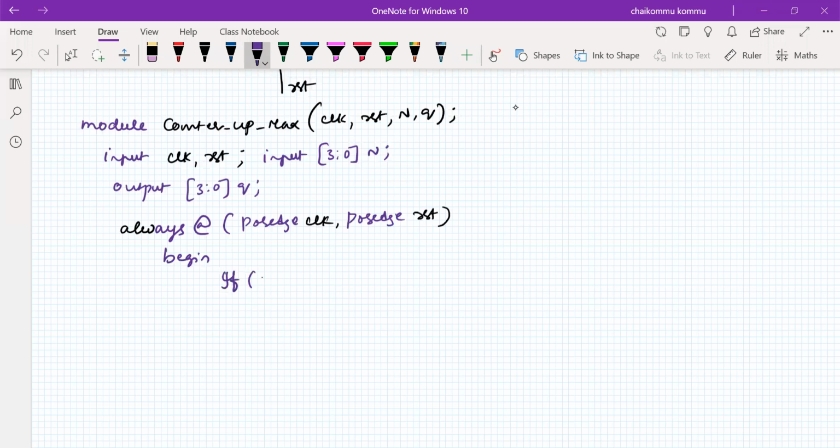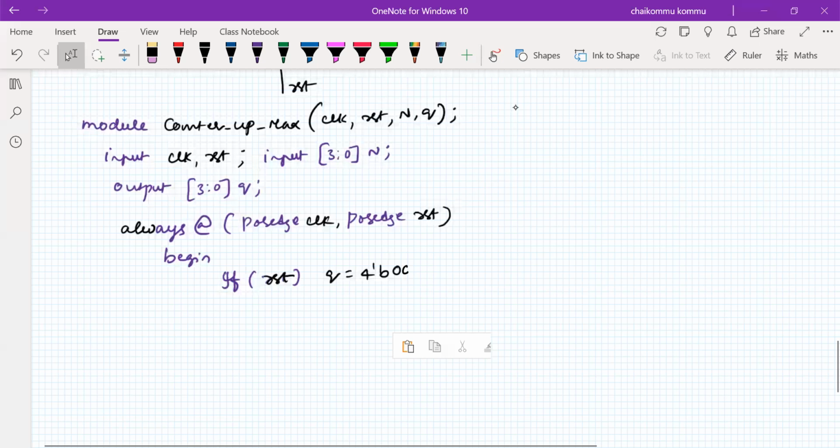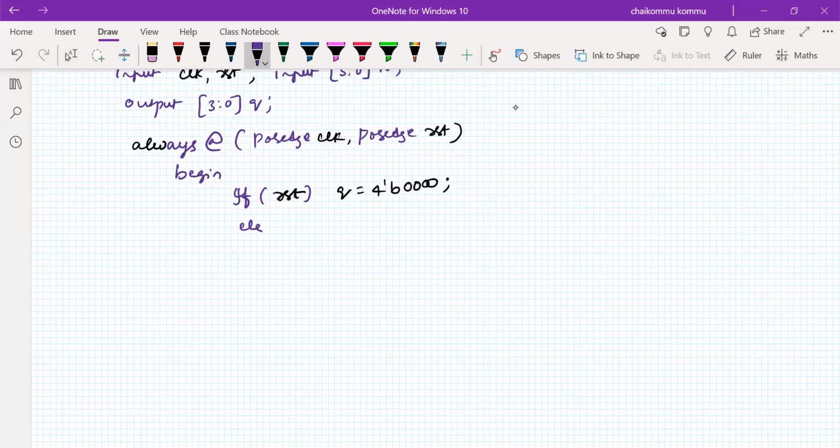If reset is true, Q is assigned 4-bit of all zeros. Okay, now else. Now I'm going to write in this way. Q is assigned some value, that is 4-bit of all zeros,